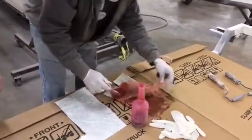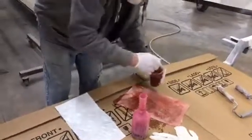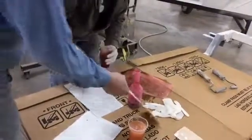If it's 90 degrees out, this stuff's going to kick pretty quick. A general rule of thumb, if you're working with dry times, a manufacturer's suggested dry time, they base everything on,